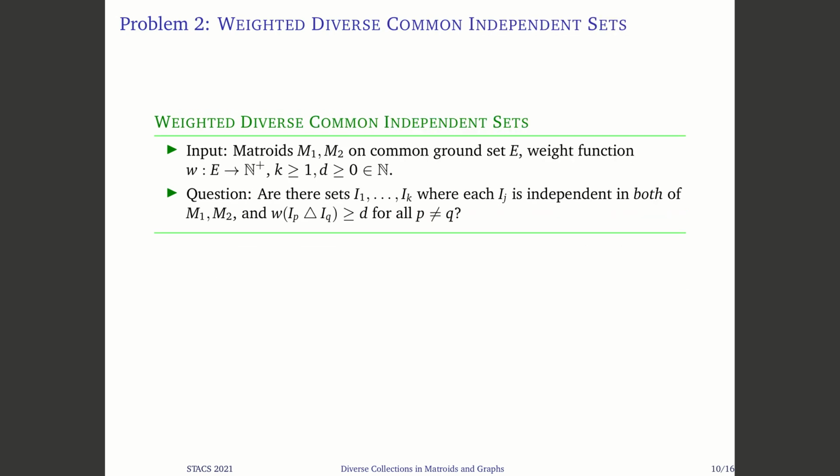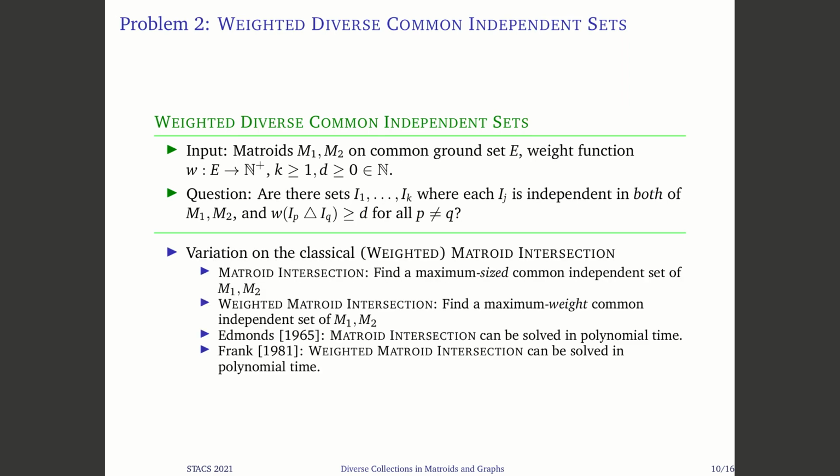The second problem that we look at is called weighted diverse common independent sets. Here we have as input two matroids on the same ground set E, two matroids M1 and M2, and as before, a weight function which gives positive integral weights to elements of the ground set, and two integers k and d. The question here is, can we find k subsets of the ground set where each of these sets is independent in both of these matroids, and the weighted Hamming distance of any pair of these